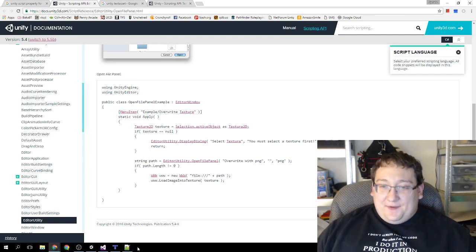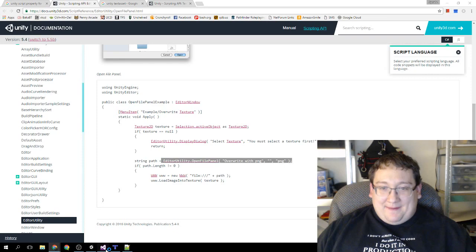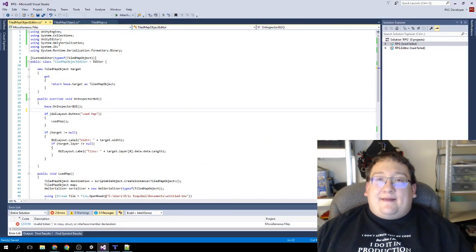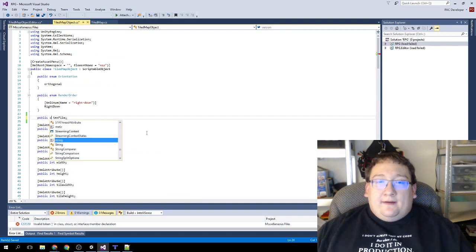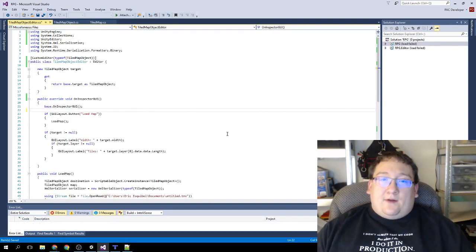What I could do is make a string text box and add a button that will open this dialog. That's what I'll do instead. So I got the string. Put that back to the string, and I'll call this